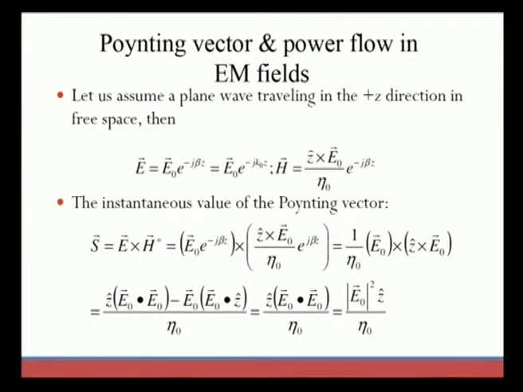So, let us now assume we have taken the plane wave that is moving in two dimensions, x and y. Now, we are changing the direction of the plane wave, that is, we are assuming that the travelling of the plane wave will be in the plus z direction in free space. Then E is equal to E naught, the electric field, with one more term added for the z coordinate, that is, E naught into exponential of minus j beta z is added with the electric field.